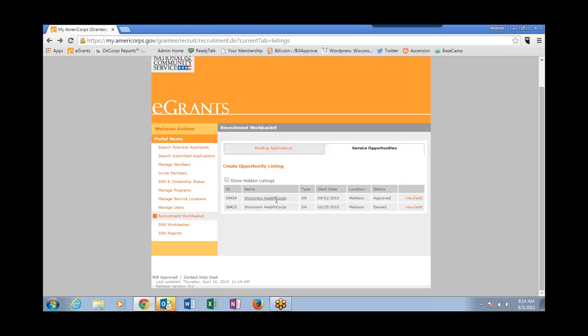So then once you've got your program listing created, step 2 is making sure that you've got some service sites listed so that when you do go about enrolling members, you can connect them to an actual host site. And so, again, there's a few different ways to do this. Once you've got your service locations into the system, you can click on Manage Service Locations. But if you're just setting them up, you should go to Manage Programs first,